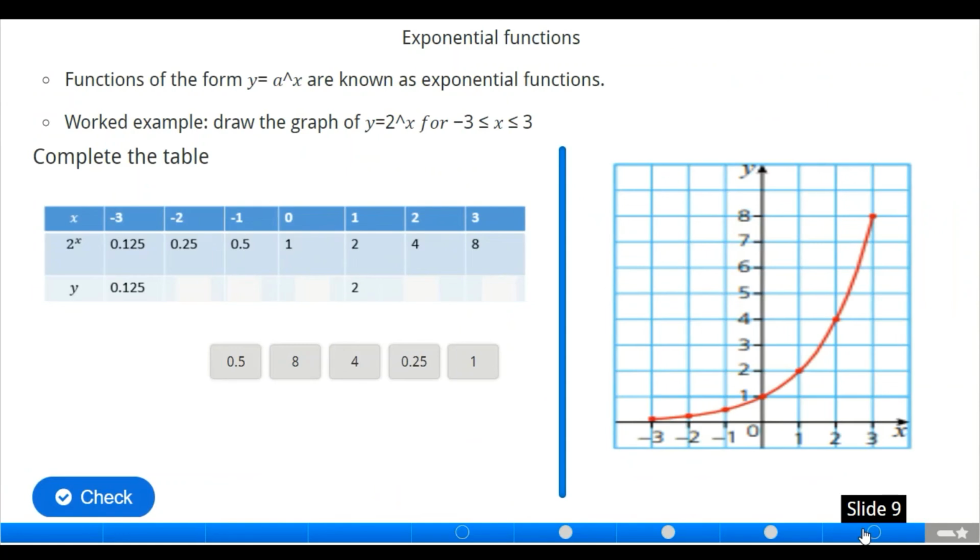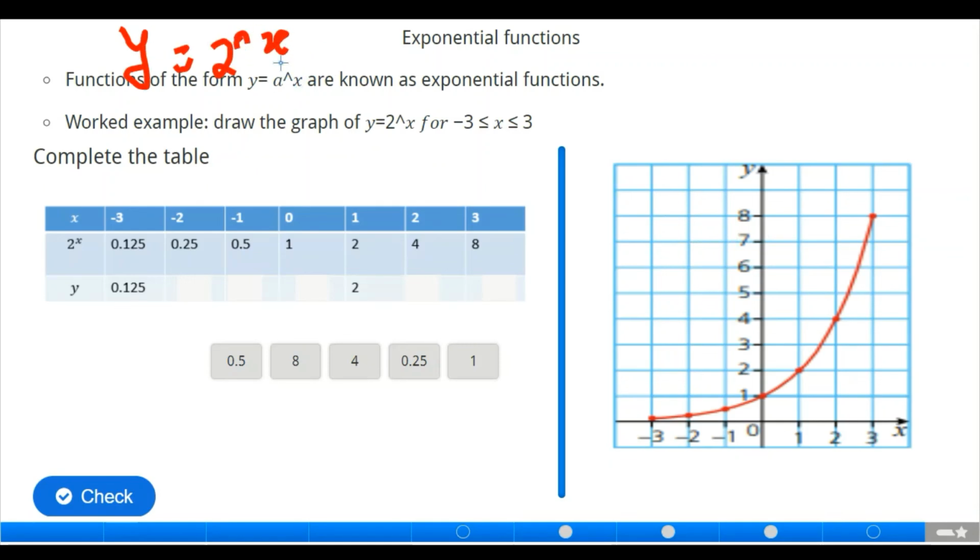Okay, now let's look at the next slide. We have another activity. This is an exponential function. Functions of the form y equals a raised to power x are known as exponential functions. So we have a worked example here. Let's prepare this graph and let's see what we have as an answer, and we are going to be plotting the graph as well. So we have to draw the graph of y equals 2 raised to power